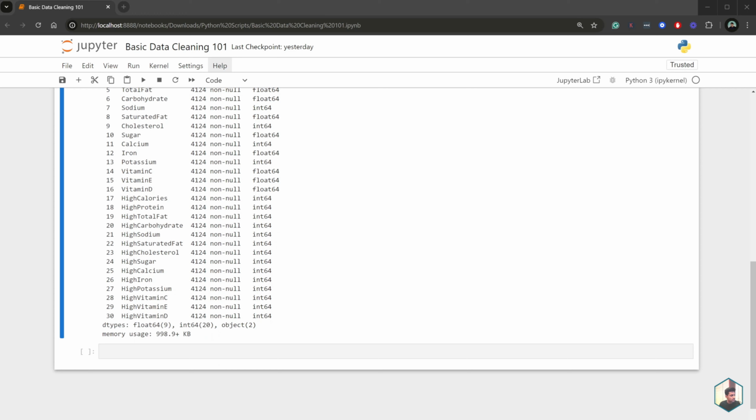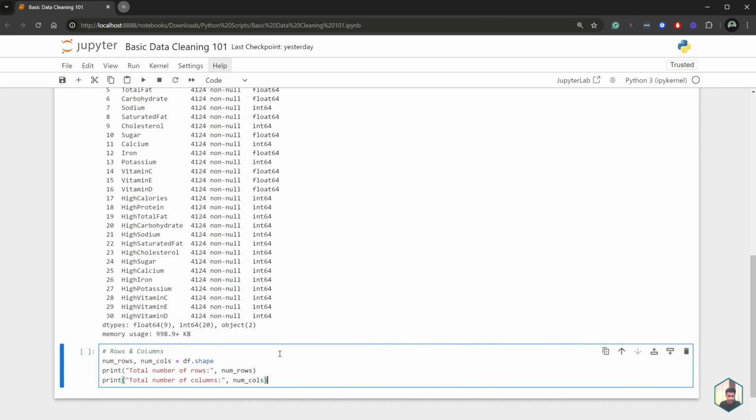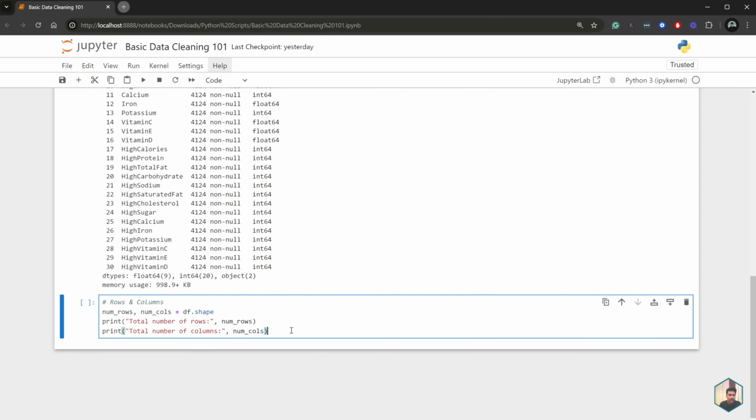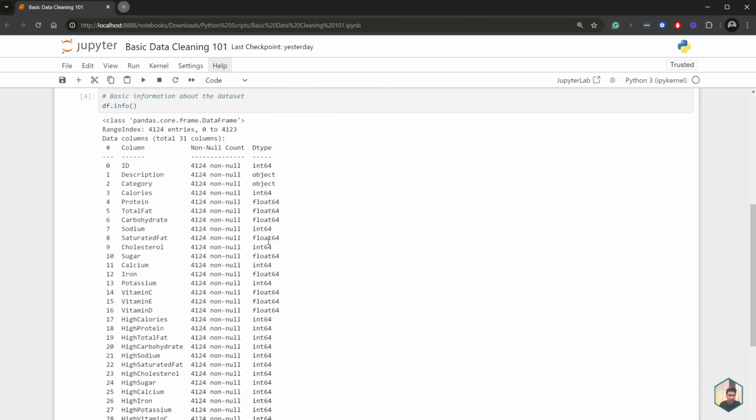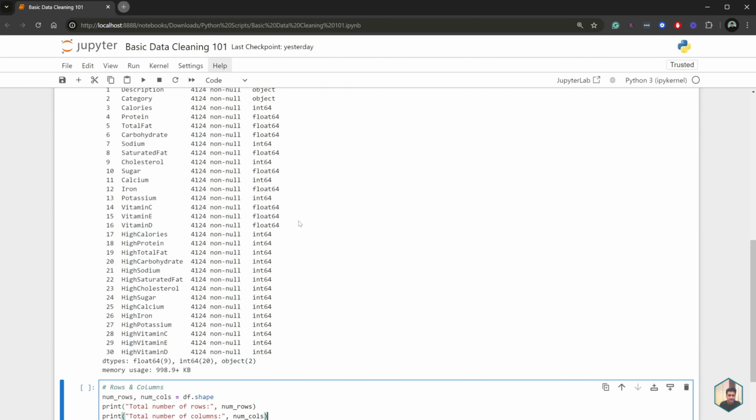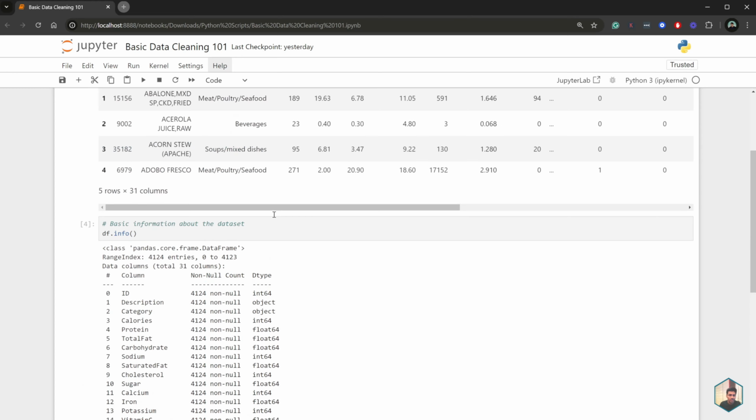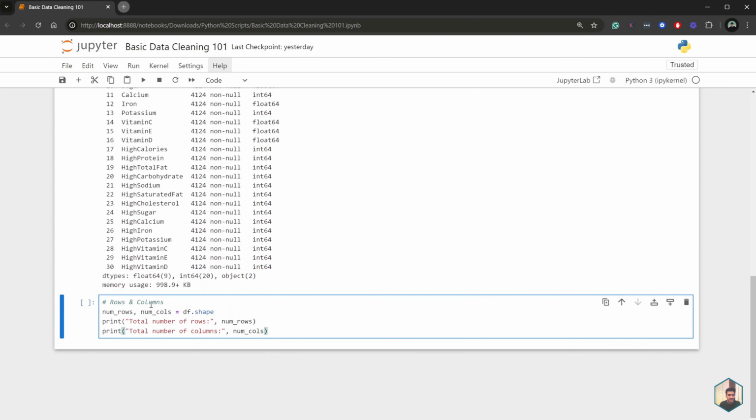Next, I can also do something like this where I'm getting the number of rows and columns. If, for instance, you don't want to see all this information, you can just do df.shape and then get the number of rows and number of columns, store them in a variable, and then print them out.